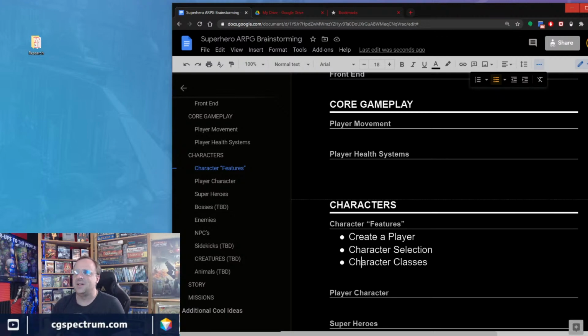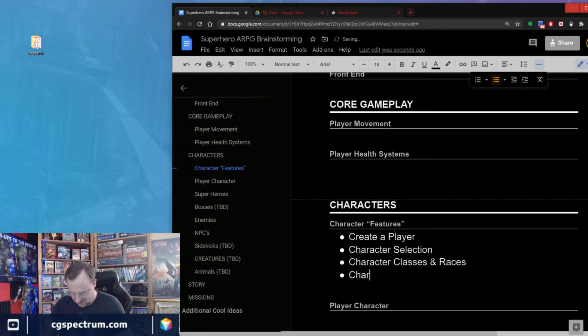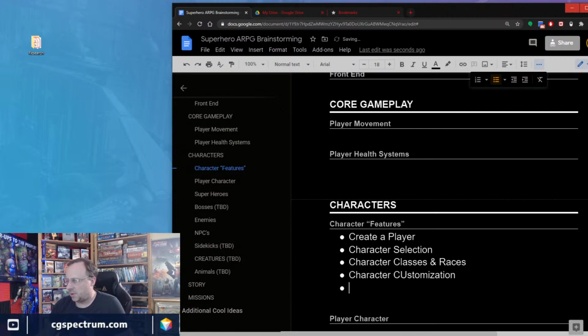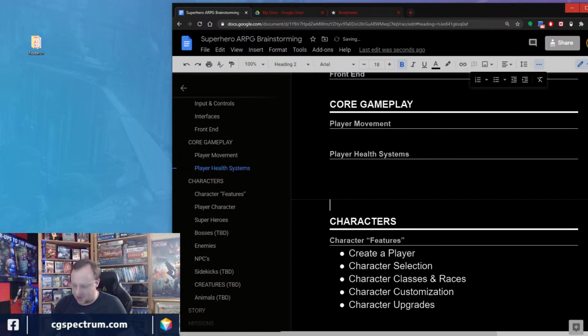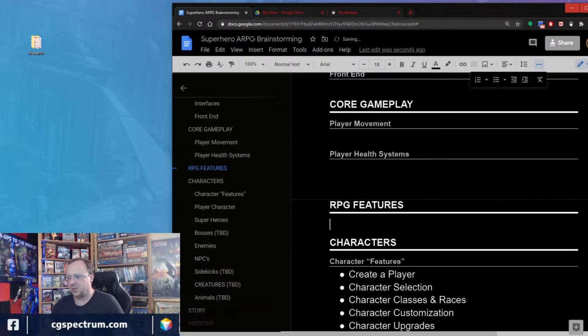Like, okay, I've got to, I have to select who I'm going to play, and then things like character upgrades, and then that makes me think about stuff like RPG features. So for me, I'll often put RPG features or RPG mechanics